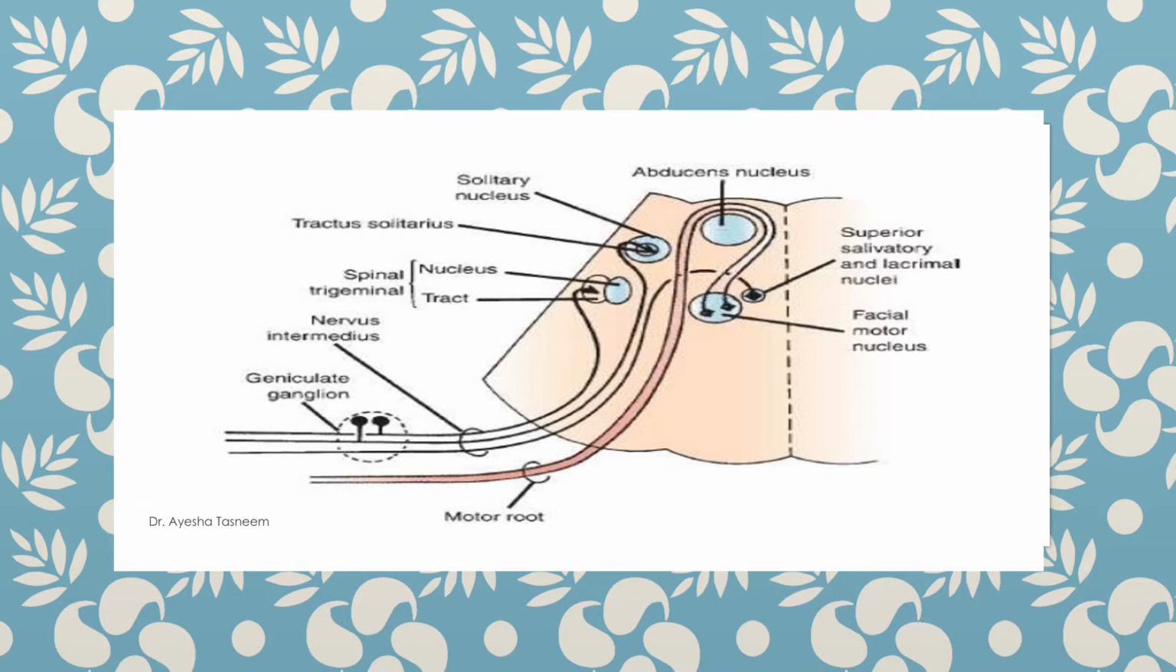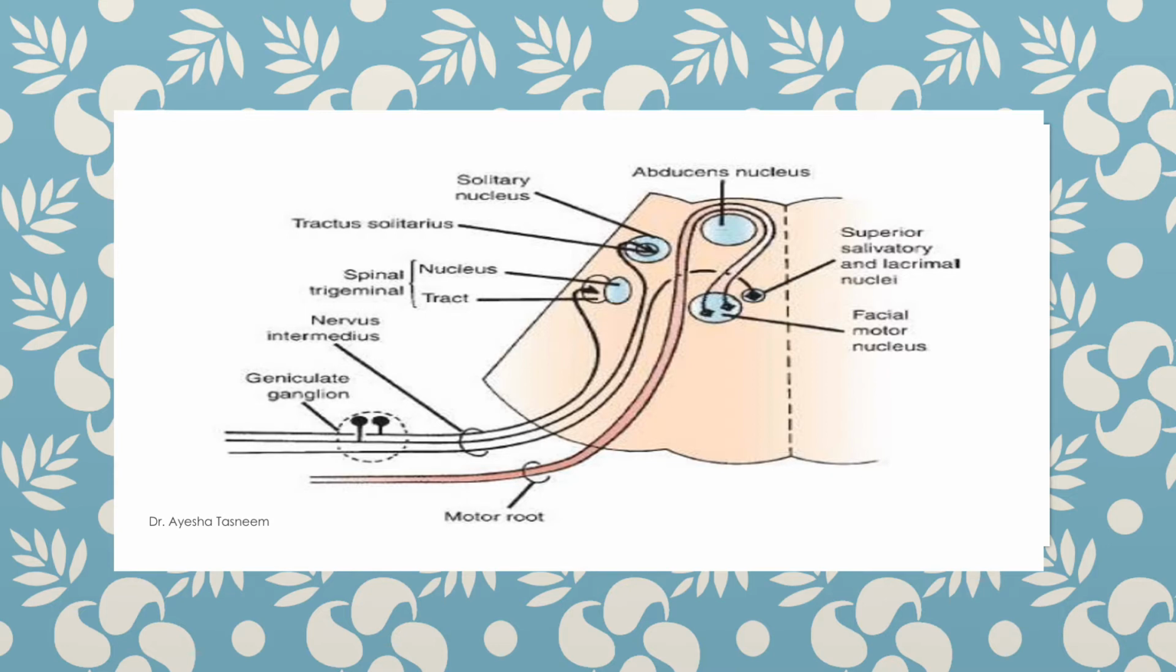Here you can see the nuclei of the facial nerve. Firstly, we have the main motor nucleus of the facial nerve. Here you can see this blue colored area close to the midline is the facial motor nucleus. It lies in the reticular formation of the lower part of the pons. The part of the nucleus that supplies the muscles of the upper part of the face